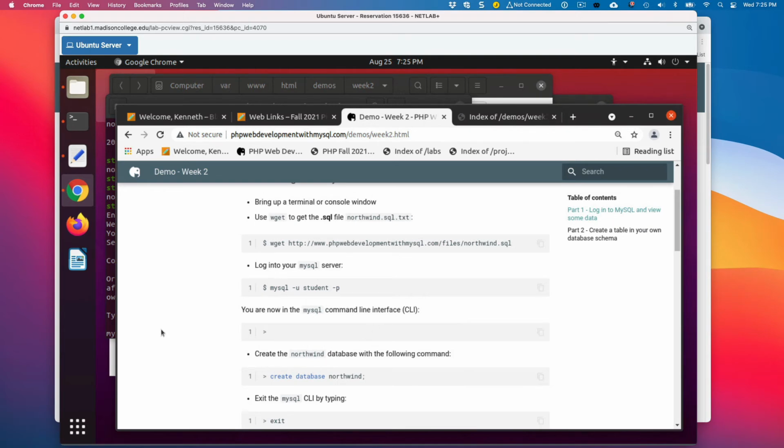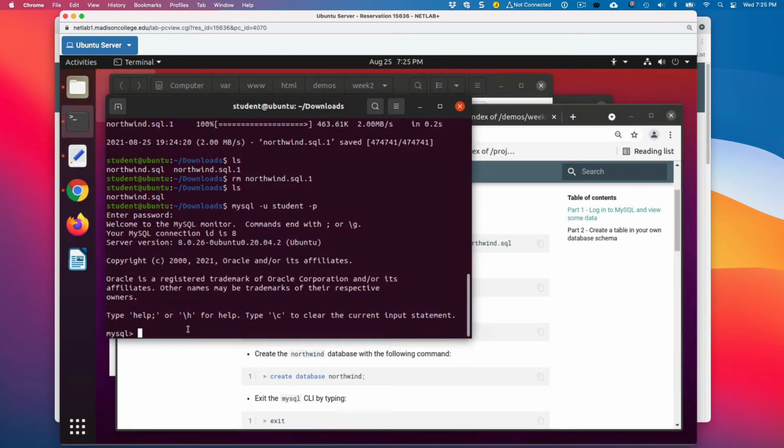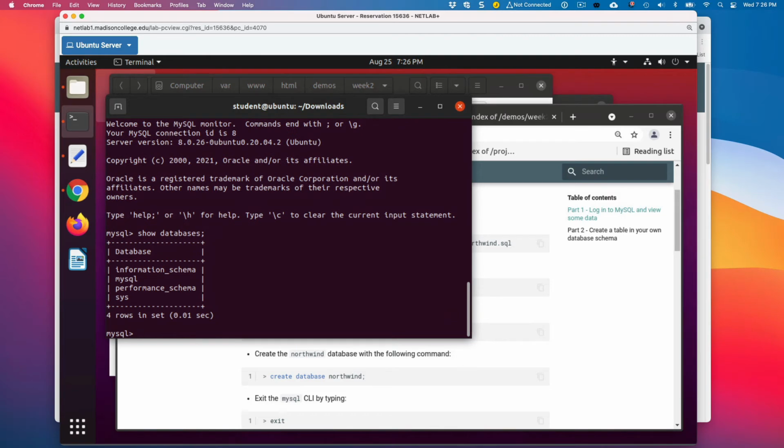Create the Northwind database. So first, what we need to do is we need to create the database. If I say show databases, it's going to show me it's a stock install of MySQL. So what I'll do is I will say create database.